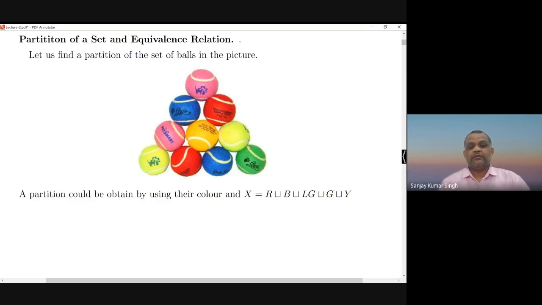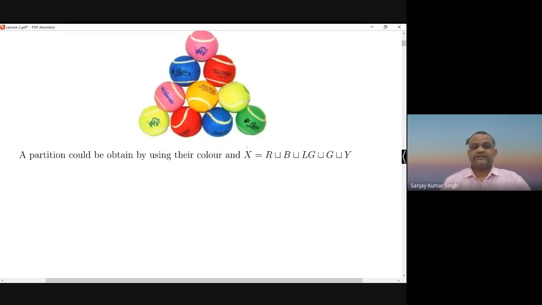Of course we can get many partitions of these balls. We can take one ball, and that is also a partition of this set. But for simplicity, suppose this set is X. I will take a partition of X color-wise. So this R is the subset of all red balls, blue is the subset of all blue balls, and similarly lime green is the set of all lime green balls,